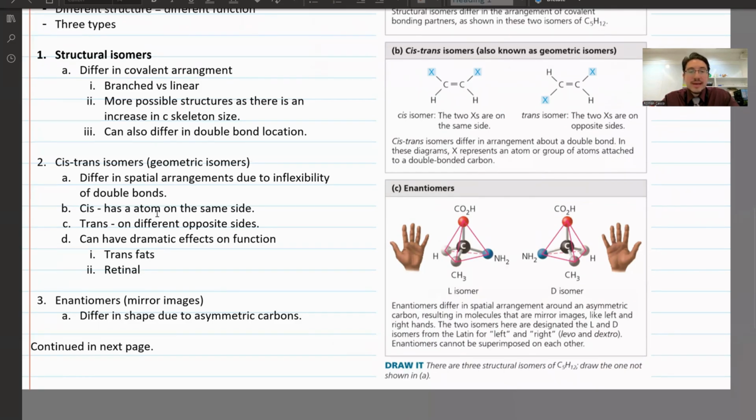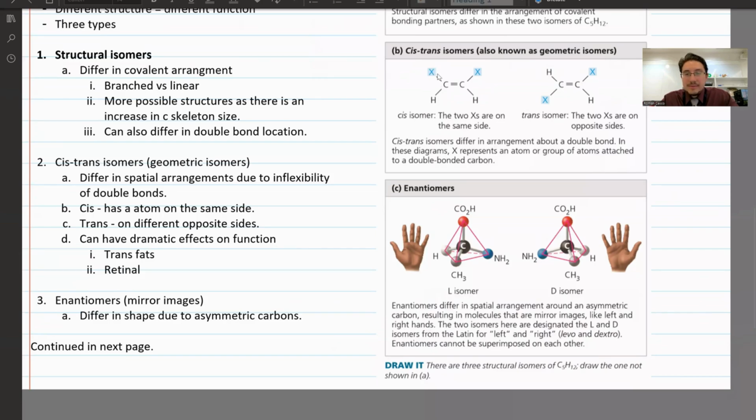Cis has an atom on the same side. Trans, they have it on different sides. And this can have a dramatic effect on the arrangement and function. Retinol, a molecule, right? Trans fats, another molecule we're going to talk about. So what I'm mentioning here,